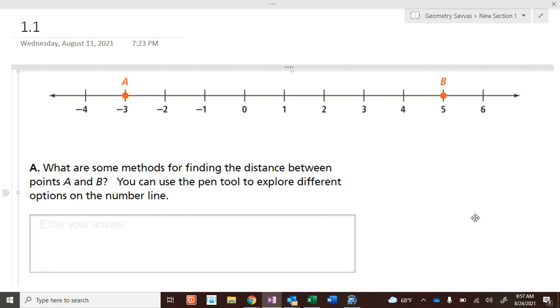Add the absolute value of both the numbers. Yep, that would work. 3 plus 5 is 8. They're 8 apart. That will work. Anybody have a different way, Tate? You could subtract negative 3 from 5. 5 minus a negative 3 is 8. That works too. Okay? So, when you're doing this,